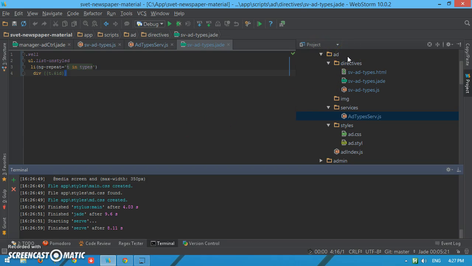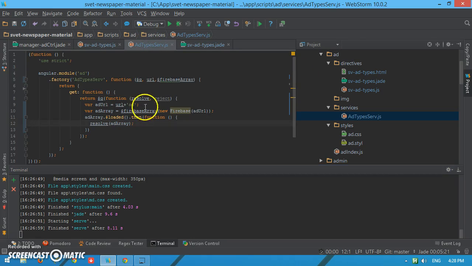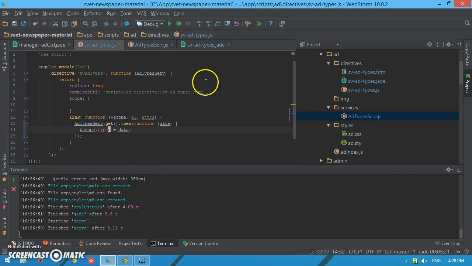I added it everywhere where it should be. I added a service, and my application, I followed the best practices, and my application is completely manageable, and I